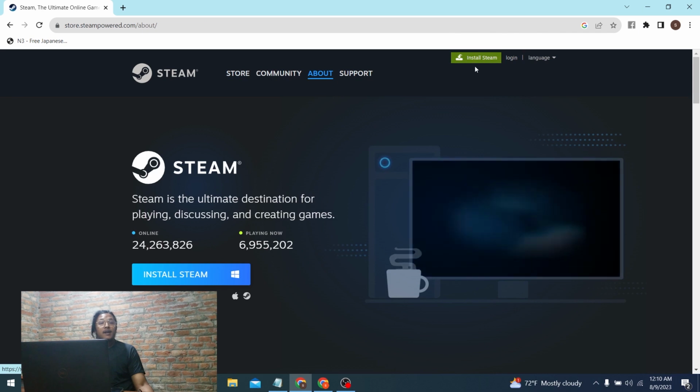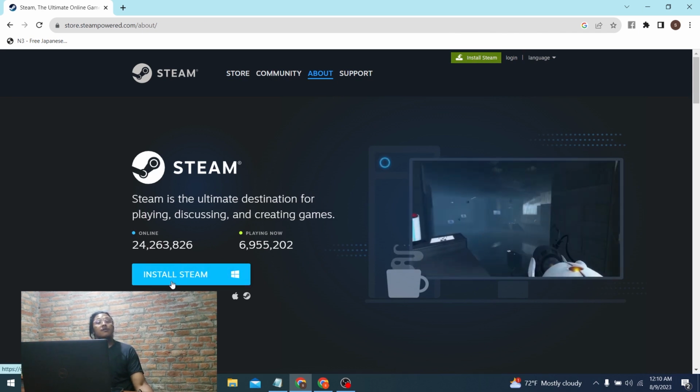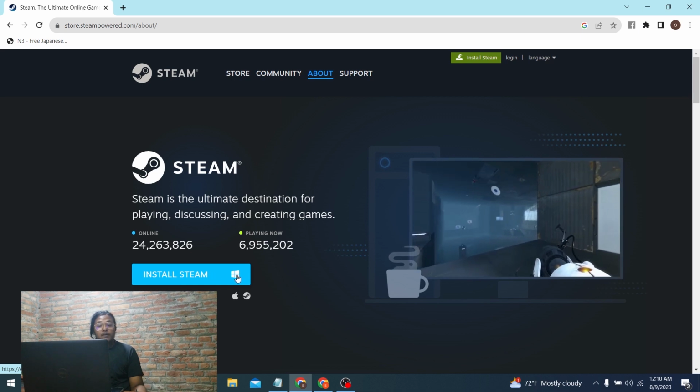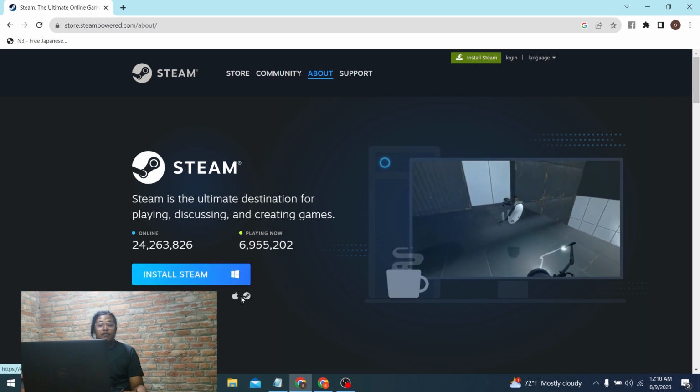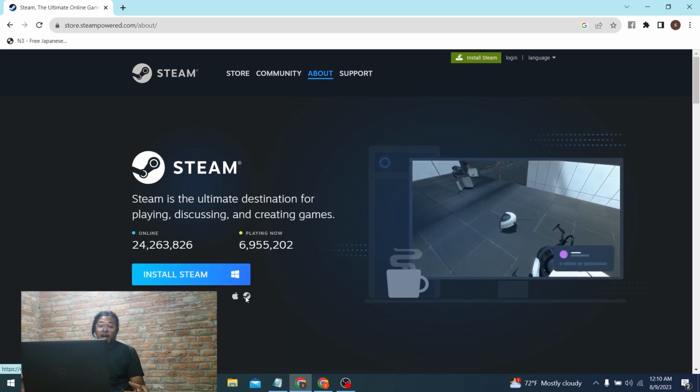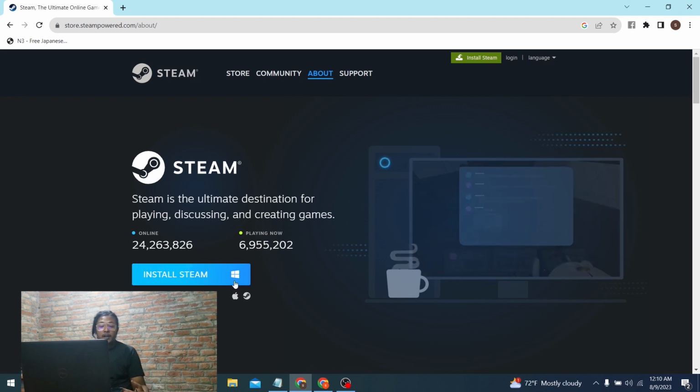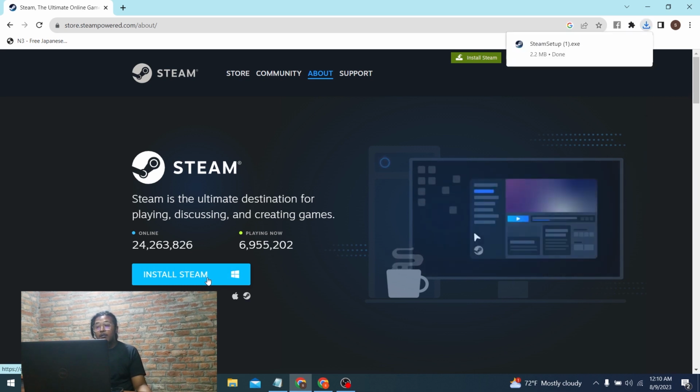and again, after landing on this page, at the bottom left corner of the screen you can see the Install Steam button available for Windows. It's also available for Mac and Linux, I guess, but we'll be continuing with Windows. So let's click on Install Steam, and that file will be downloaded, and you can see it's downloaded